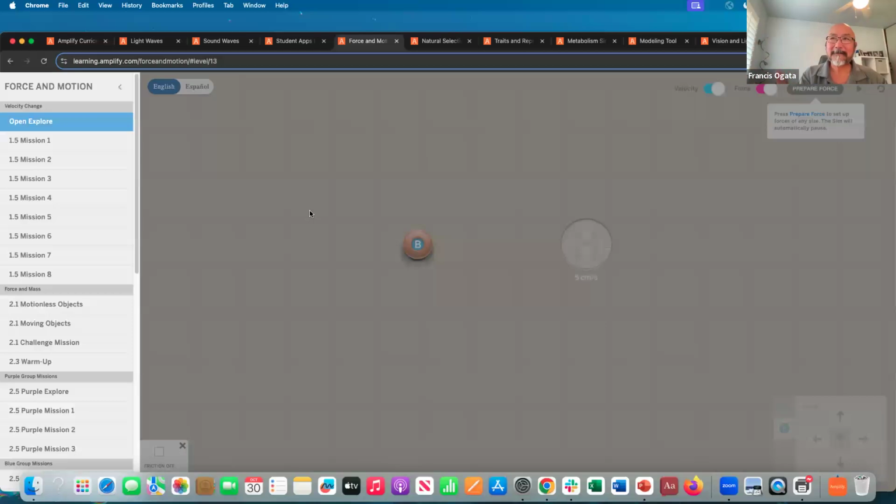So as the kids are going through the lessons, they don't just use it once, and it's not a one and done. It's like multiple opportunities to go in and see how all these pieces work together. And it's just to reinforce the concept that they're trying to do to solve that phenomena when they're going through that lesson. So for that unit, for example, you notice that there's multiple missions that they're able to do when they go through all these pieces.